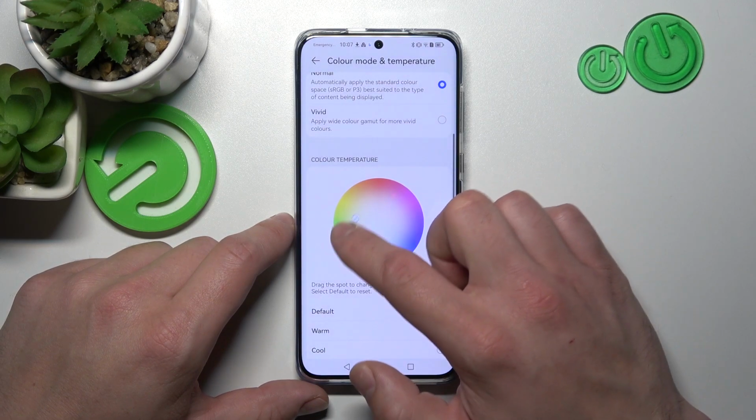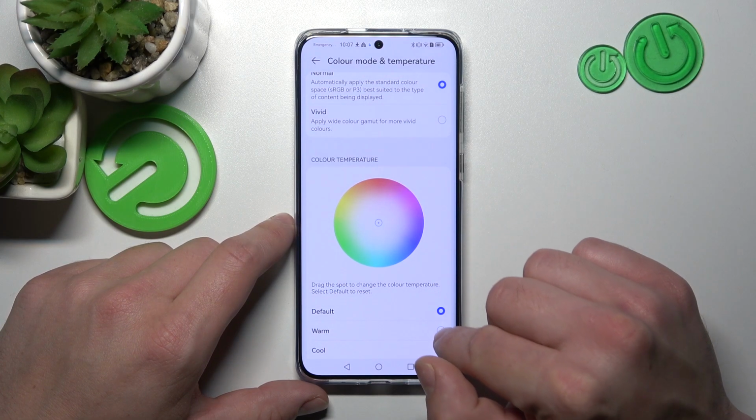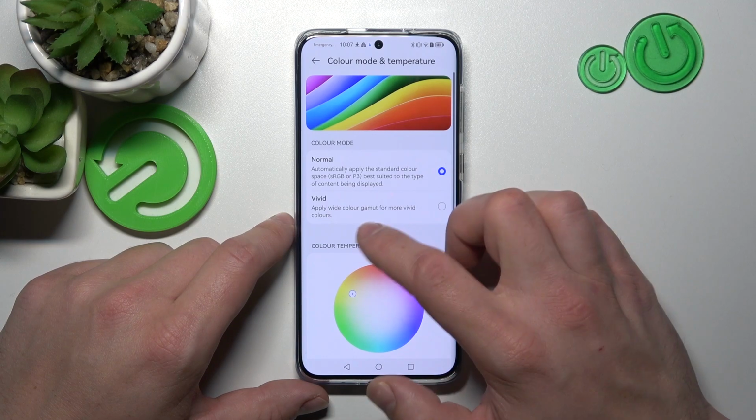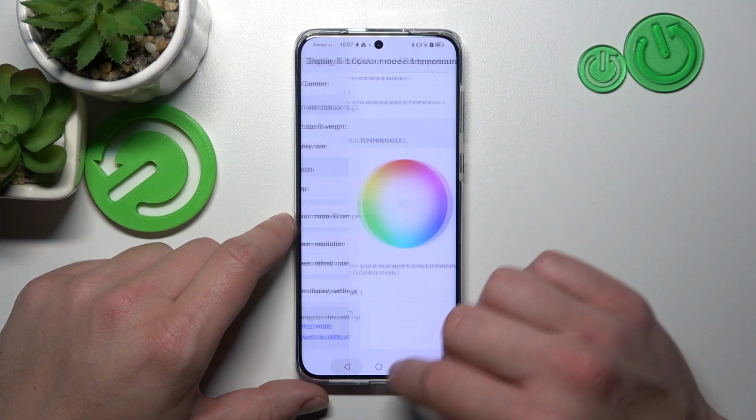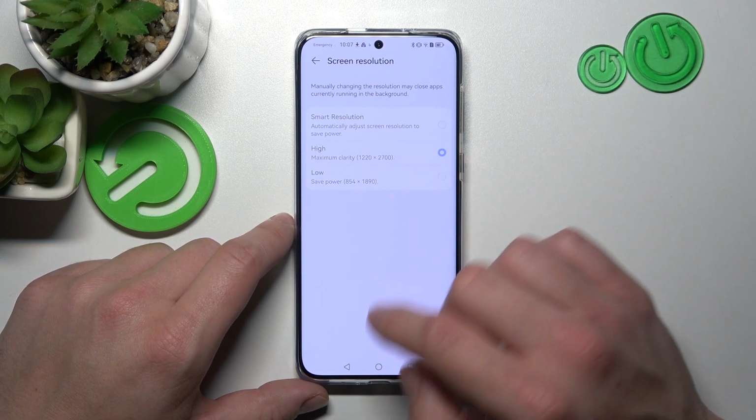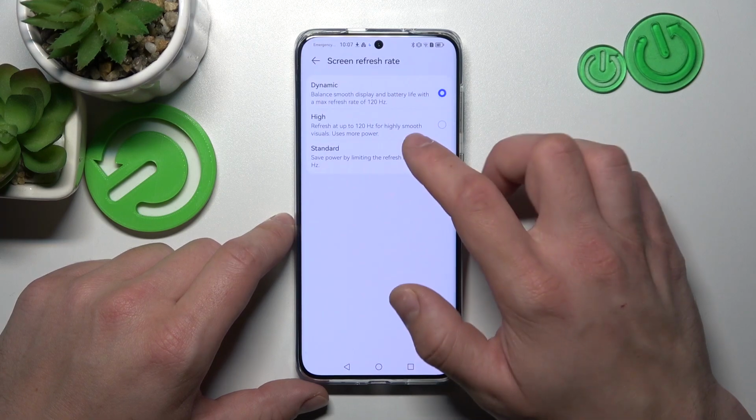and also color of the display. Then we can change screen resolution, screen refresh rate,